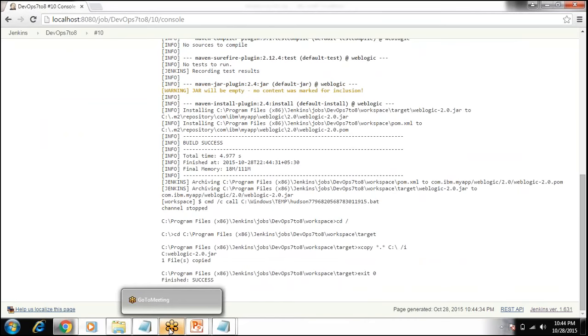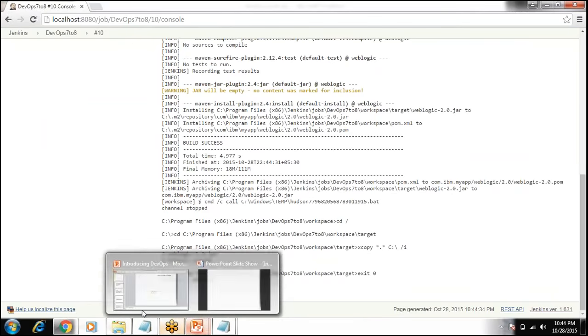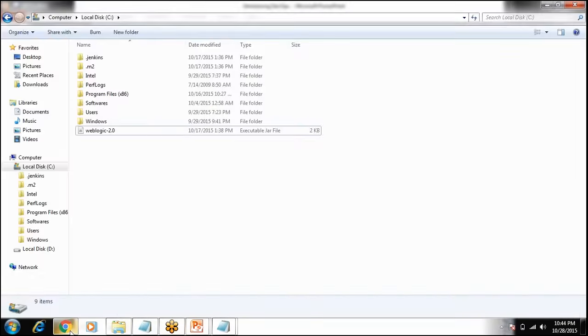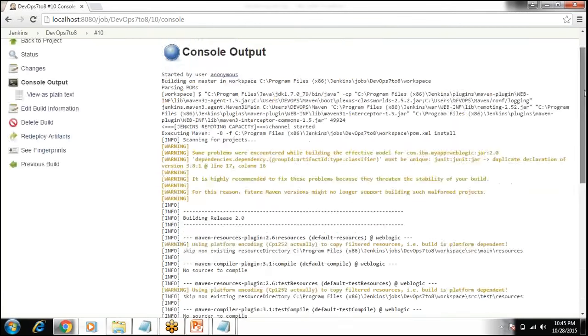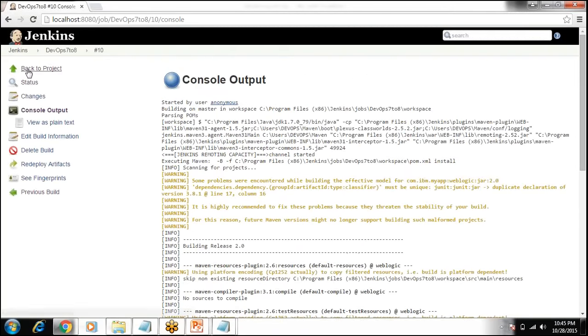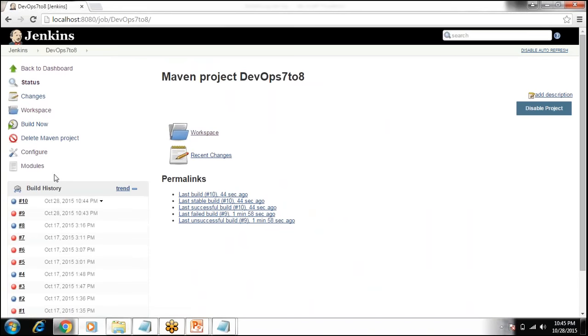after creation of the jar files, I am copying that jar file to some other location. So if you notice here, let me open this one. So this is the project 7 to 8. Project name is 7 to 8, DevOps 7 to 8. So if you go and see the configuration,